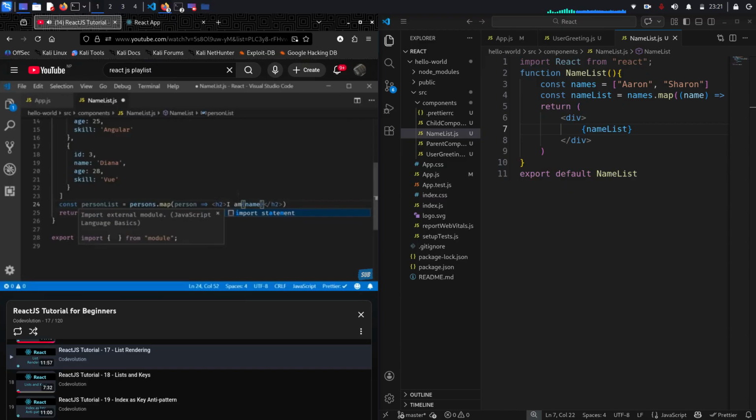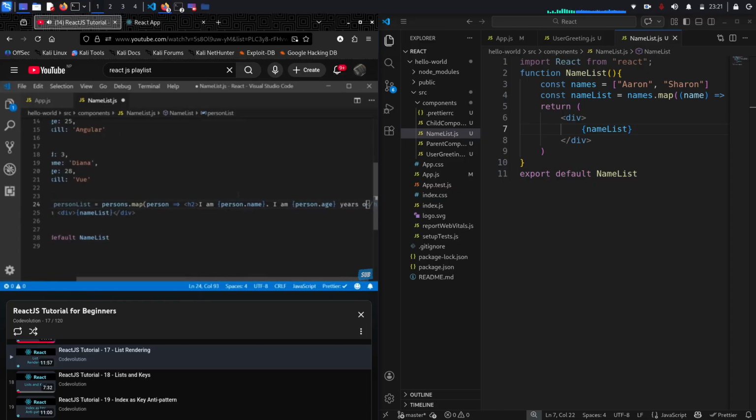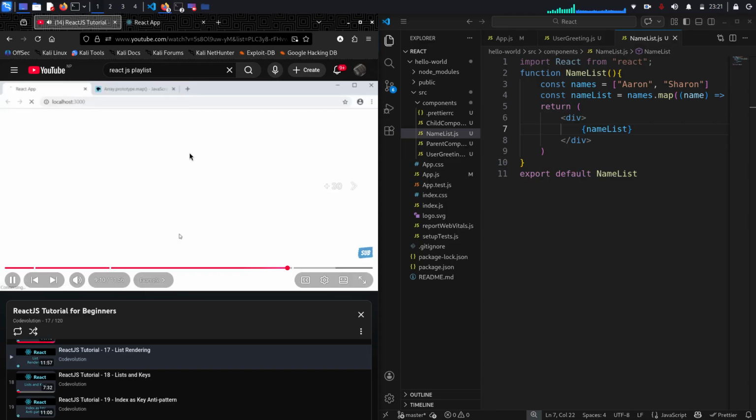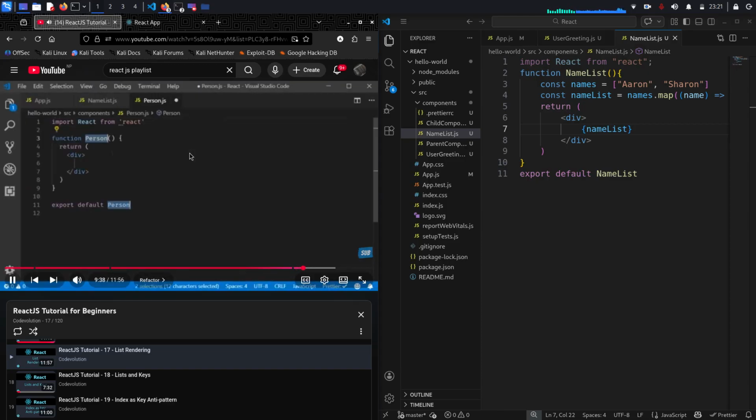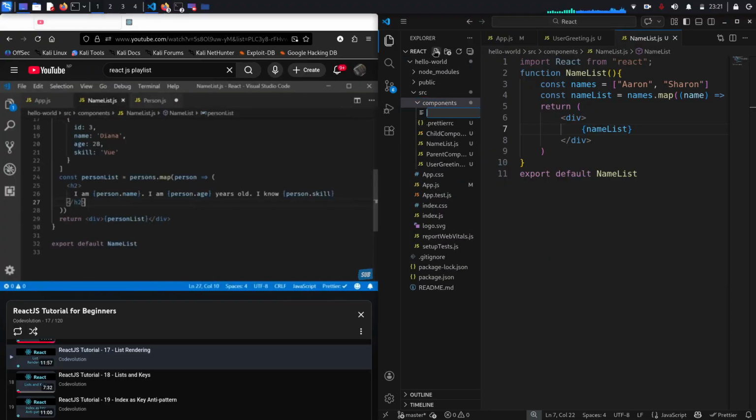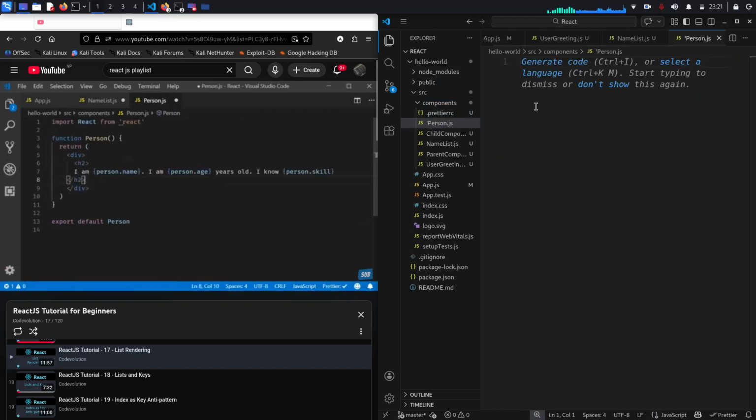I am person.name, I am person.age years old. Use the snippet RFCE to create a functional component. Remove the JSX from the list component and include it in person.js. So the h2 tag, I'm going to remove it from person list and include it in